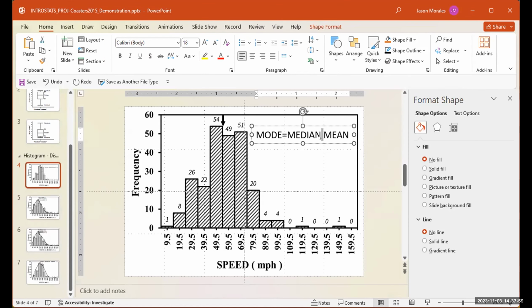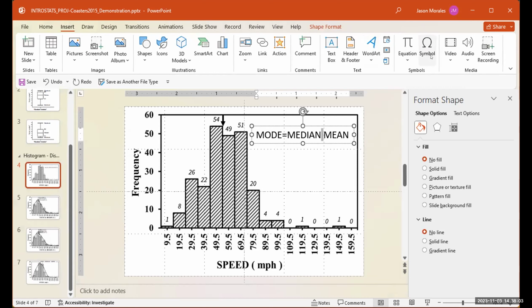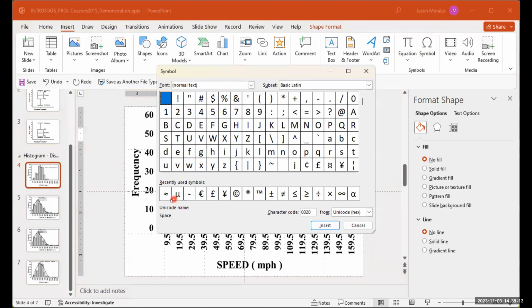So if I want to put those wavy lines there, what I need to do is go to insert, symbol. Let's see, that's missing. Okay, sorry. Insert, come over here to symbol. And I've already selected it previously. Let me see if I can find it. So all you need to do is kind of scroll through all these characters